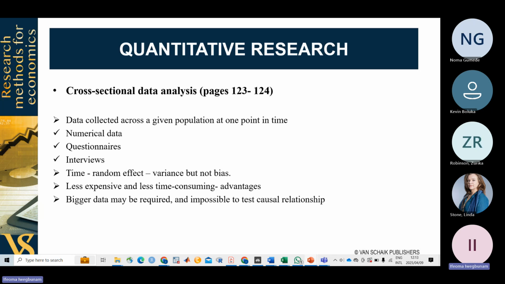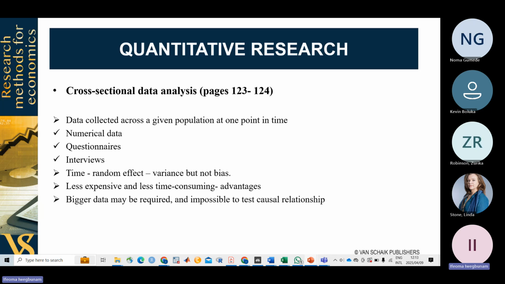For instance, if I want to measure the effect of trade openness across sub-Saharan African countries in 2024, I will collect data across these countries, but within the year 2024. That is cross-sectional data. And the data collection can be numerical data, questionnaires, or interview, which can also, in some cases,